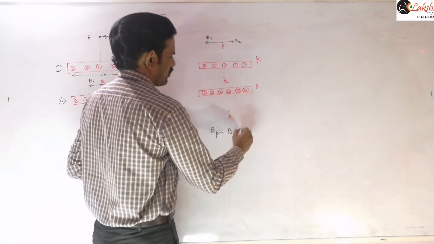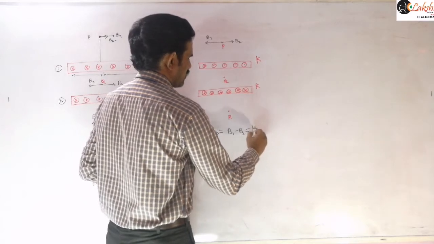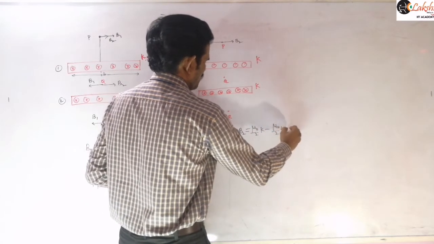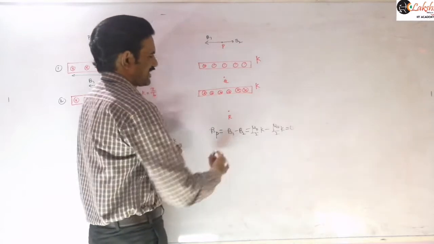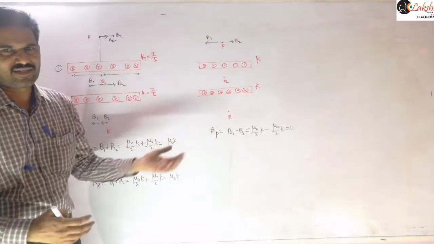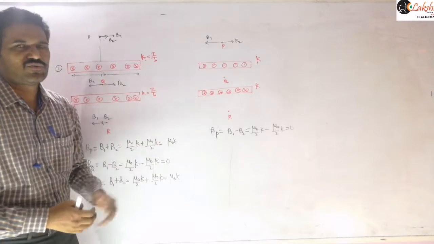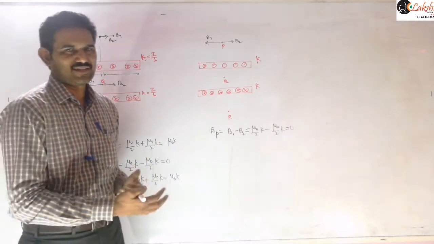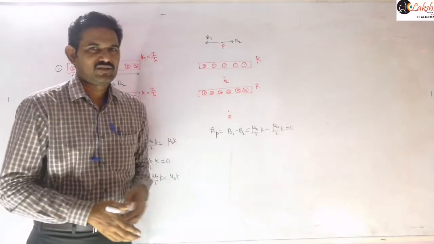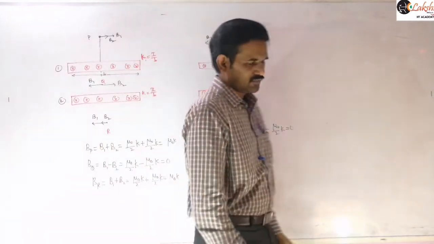And so now the magnetic field at that point P, BP, will be equal to B1 minus B2, which is 0. That means mu naught by 2 into K minus mu naught by 2 into K, which is equal to 0. Similarly, write the magnetic field at the point R. R also you will get 0, identify the directions, and at Q you will get mu naught into K. Both you will get in the same direction, and correspondingly identify the magnetic field there, right? Now